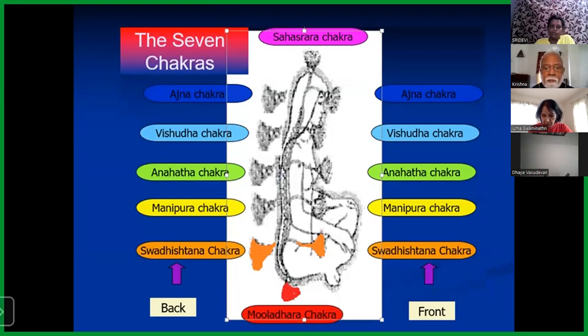Swadhisthana chakra, when the child is delivered, is in the form of a bud. Only when it starts growing, when it just reaches the age of 6, 7 months, then the bud becomes a flower. The flowering stage of Swadhisthana chakra starts from 6 months. It extends up to 18 months or even goes up to 20. The only thing is, the mother's role is very, very important at this stage because